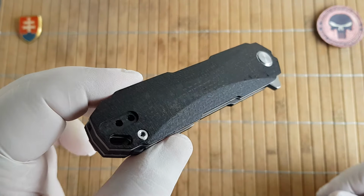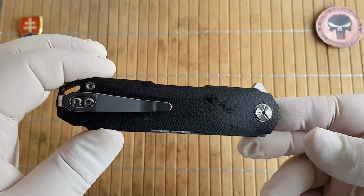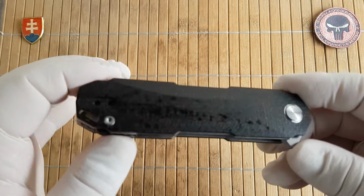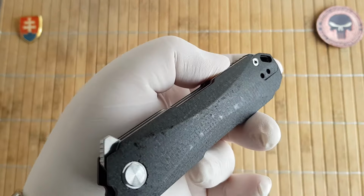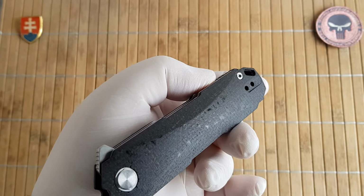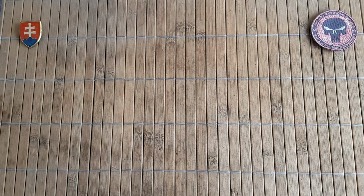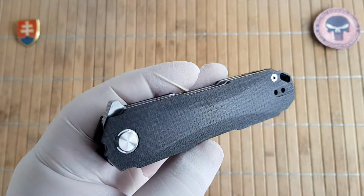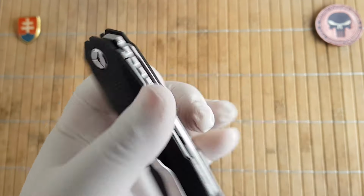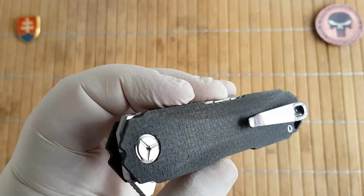So it looks like we have some oil spillage on the micarta. This is how the knife came, so definitely not too much oil, but you don't want to have a drenched oil micarta. So let me clean it a little bit and come back soon. Okay, a few minutes later, after applying a little bit of surface cleaner and also isopropyl alcohol,